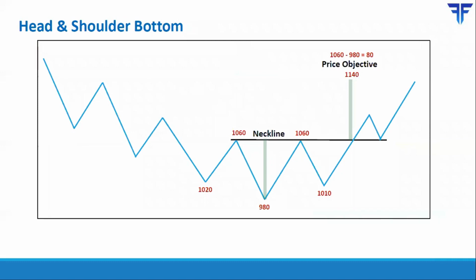Now the opposite of that is head and shoulder bottom. This is the final pattern in today's webinar. A head and shoulder bottom appears near the end of a downtrend, and it is a bullish reversal pattern. This is the first of the three lows. It is above the next low, and this low has to be below this low. So basically what you have is a head and shoulder that is turned upside down.